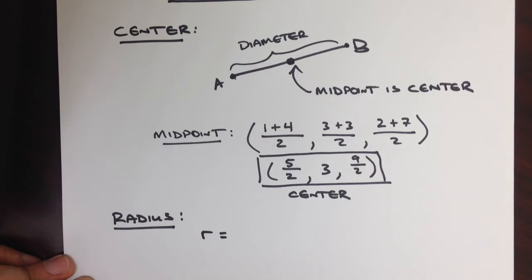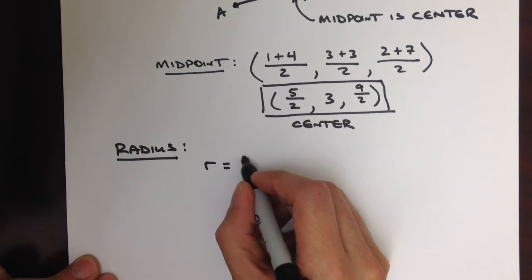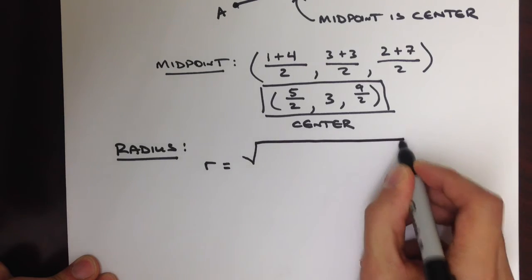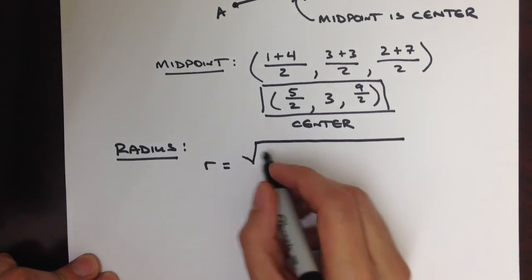In order to mess around with fewer fractions, I'm going to find the radius by taking the distance from A to B and dividing by 2. So the distance from A to B, we're going to get by taking the differences squared of each of the components